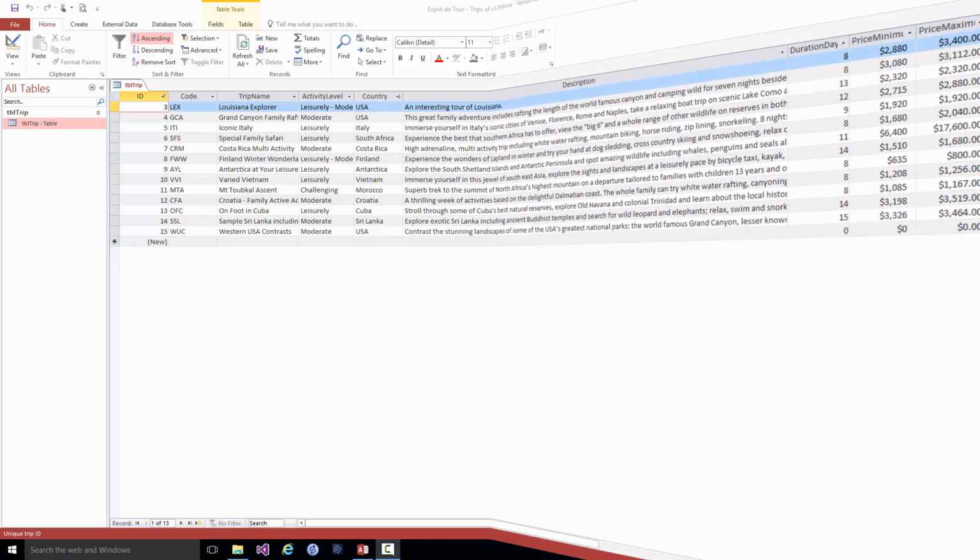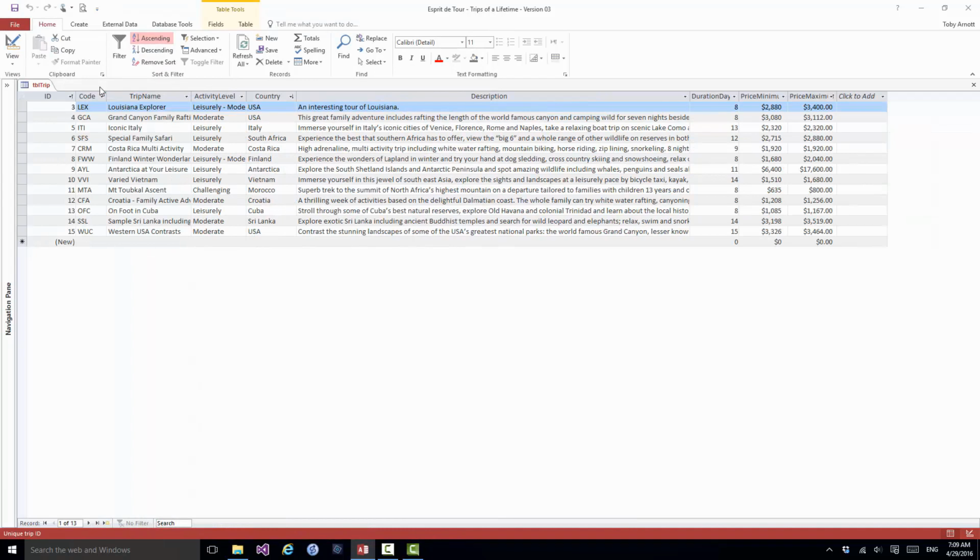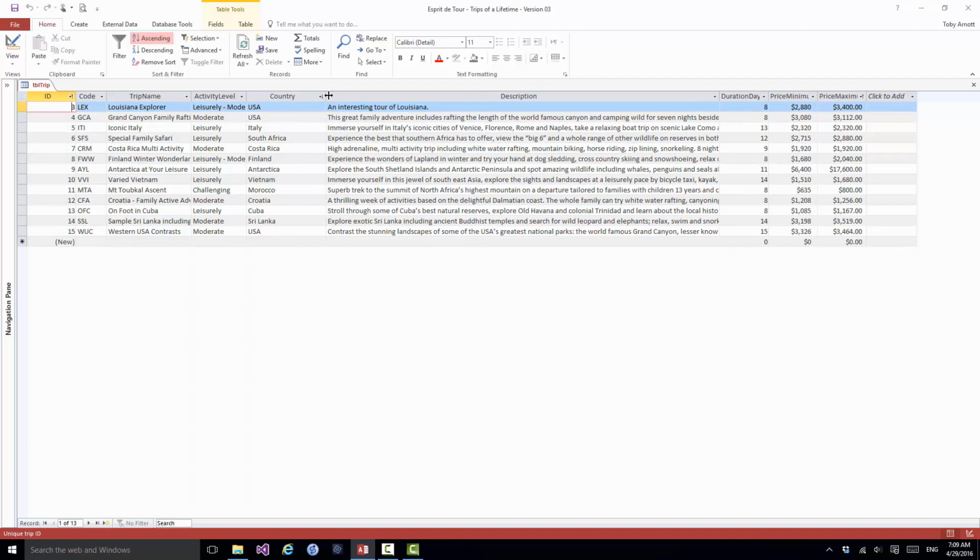particularly in specific situations. So I'm going to close the navigation pane. I don't need that at the moment. And what we're going to look at first is the column widths. Now you've already seen how to adjust a column width. So for instance, if I wanted to increase or decrease the width of the country column, I hover over the header, go to the right hand edge till I get the double arrow, and then I can manually adjust the